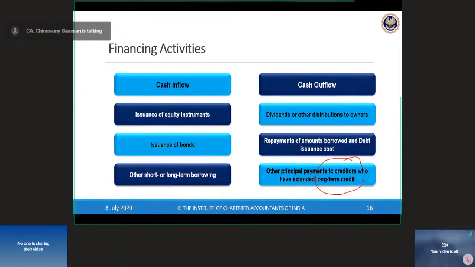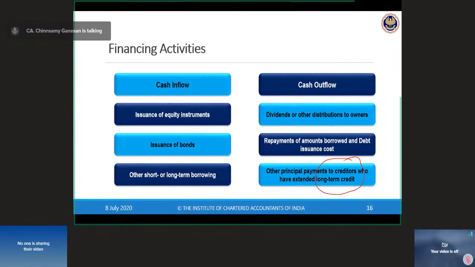Instead, if the creditor actually gives you 3 years for repayment, in staggered annual installments over a 3-year period, then even though trade payable is connected with my working capital and core business activity, the creditor actually gives me long-term funding. To that extent, I have to consider this particular creditor outside the working capital limit and take it as my financing activity. So the repayment of principal will be treated as part of my